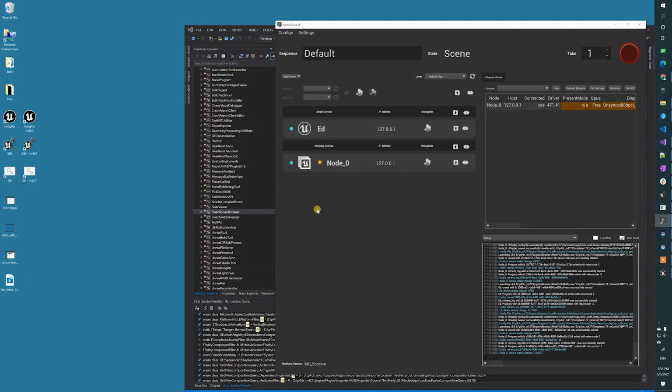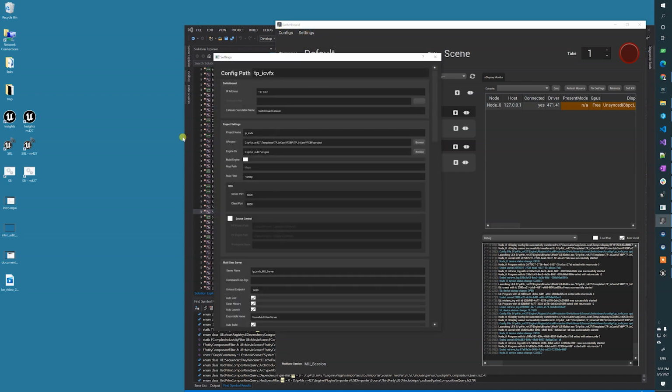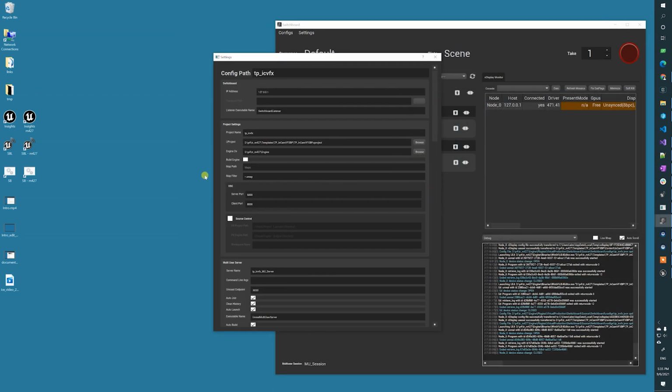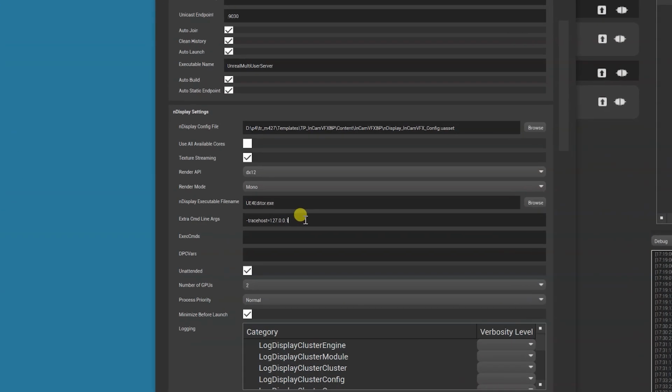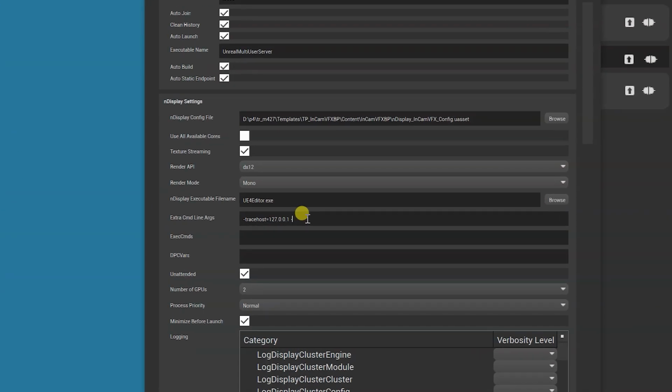So the next argument that I want to show you is basically you're going to tell it which trace channels you want Unreal to put in the session. So for example, for trace, we're going to put CPU, which is the default. But if you're explicit about the argument and then you don't include it, then it's not going to be enabled. And because a lot of the channels rely on the CPU channel being enabled, then those might not even show up. So always include the CPU one.